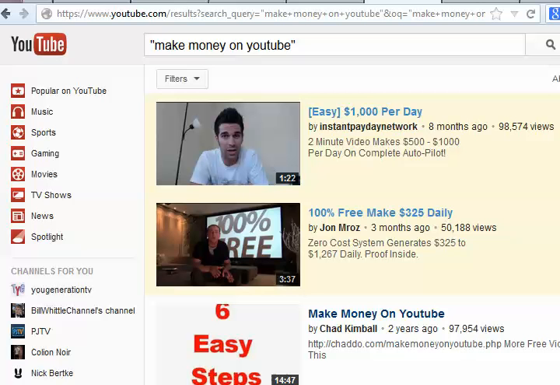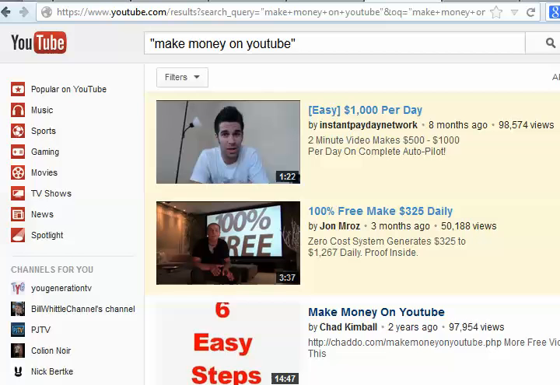They might make it more complicated in the future, but at this point it's fairly simple to rank, and fairly easy considering how much traffic this search engine gets and how difficult it is to rank for Google, which is just the search engine right above it as far as Alexa rank goes.